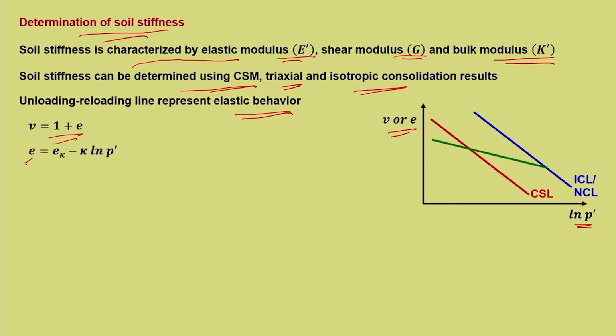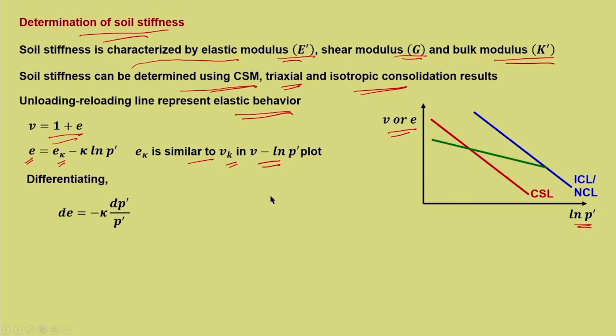So here instead of writing v is equal to v kappa minus kappa ln p dash, I am writing e is equal to e kappa minus kappa ln p dash. This e kappa corresponds to 1 unit pressure, that is 1 kilopascal, and instead of v kappa it is e kappa. So e kappa is similar to v kappa in the v versus ln p dash plot. Now if you differentiate this, we will get de is equal to minus kappa dp dash upon p dash,